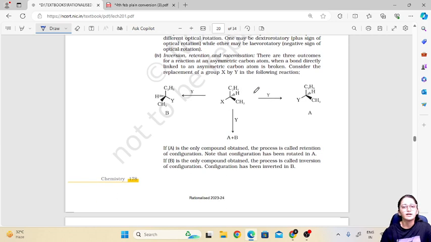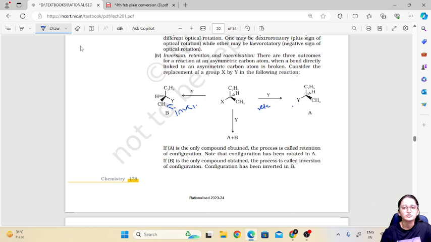Next is inversion, which we have already seen in the SN2 reaction. Here there is a Y group which is attached to this compound, or let us consider X is attached to this compound, and we are replacing the X by Y. Whenever we replace, if that Y comes to the same position, then it is called retention. When Y comes to the opposite position, it is called inversion. So here it is inversion,